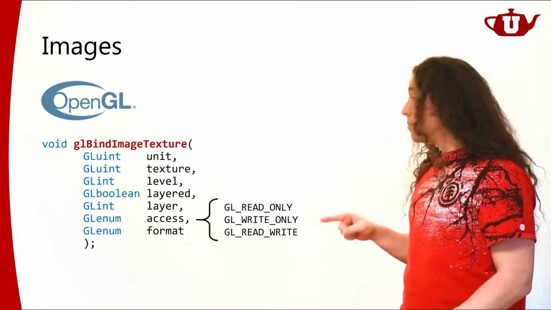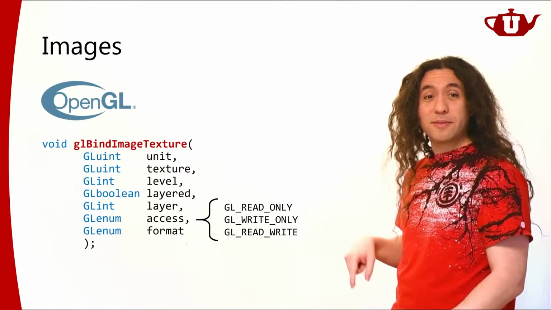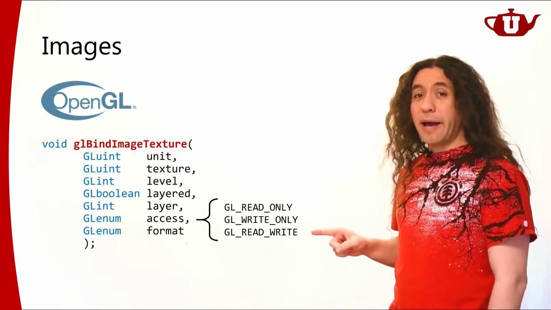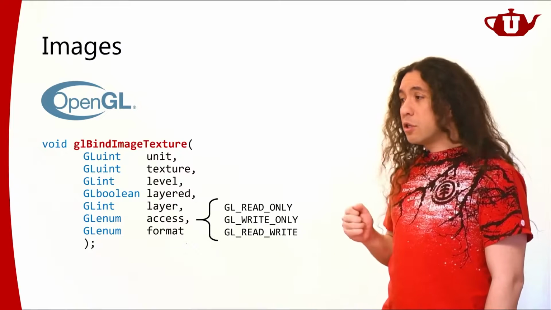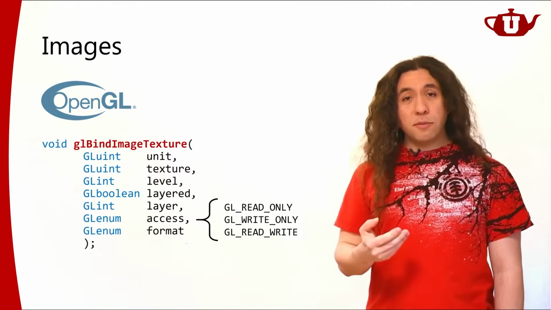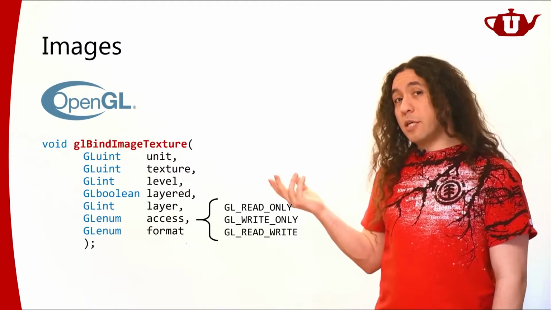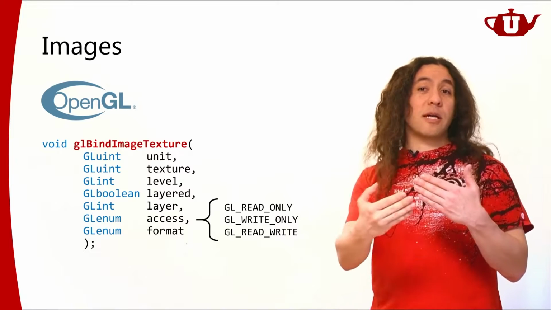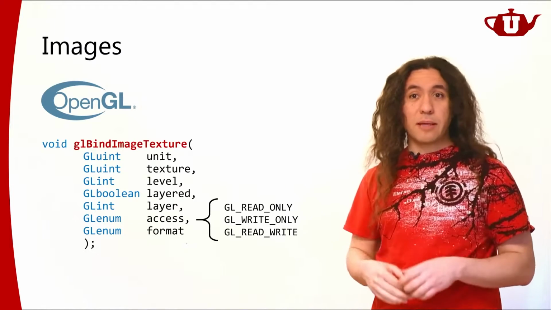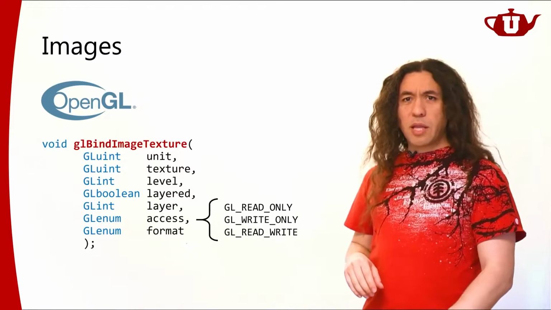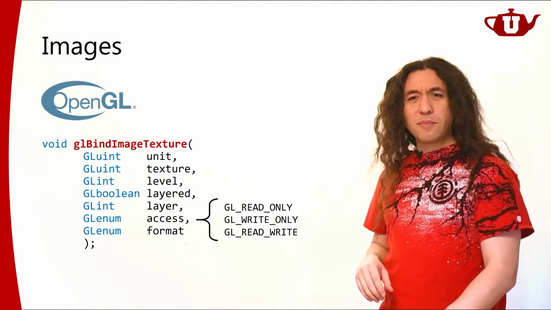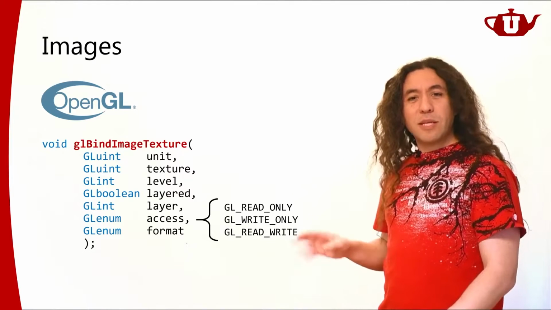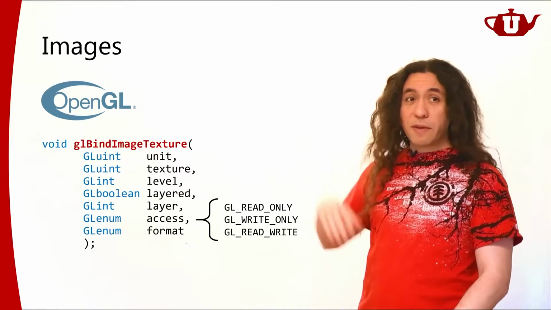And also we have write capability, which is very, very important. And read-write, where you read and write at the same time. That's something we actually didn't have before compute shaders. You could read from a texture and your output was an image, but you couldn't write to the same texture that you were reading from, because then the results could be unpredictable. I'm not even sure if that would work, but even if it did, all these atomic operations we did not have, and read-write was a problem. Images fixed that.